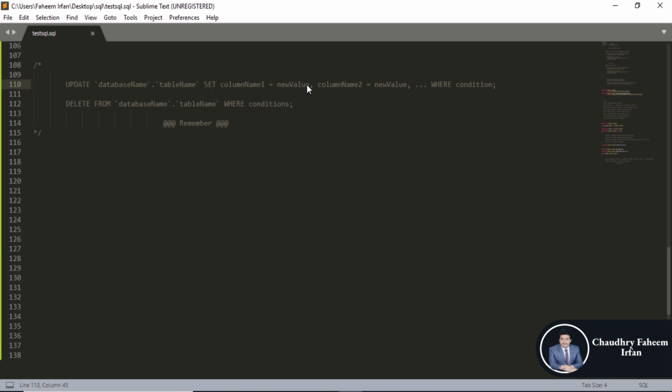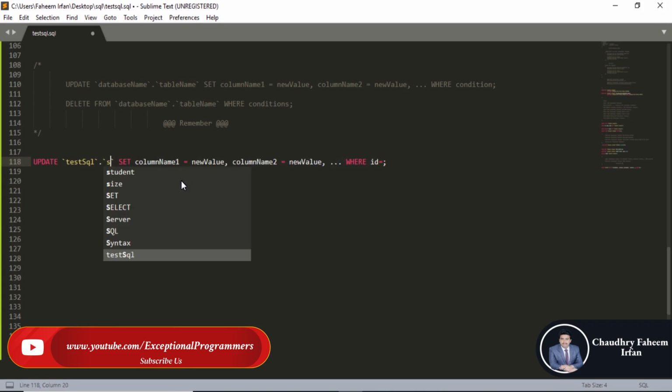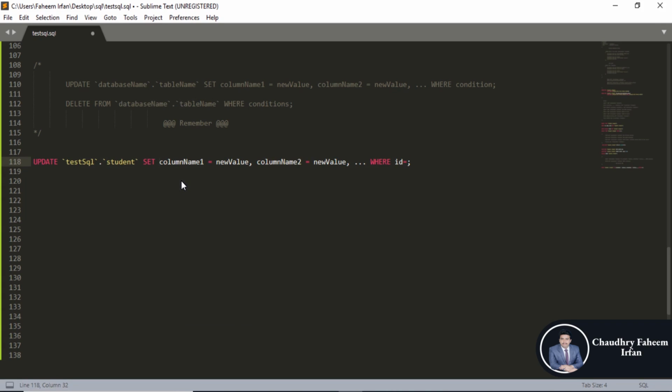Here is the condition, where clause condition at which records will be updated. So copy the syntax, okay, change the database name first, test SQL, and the table name is student. Set column name,